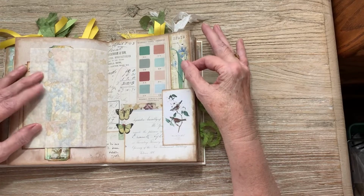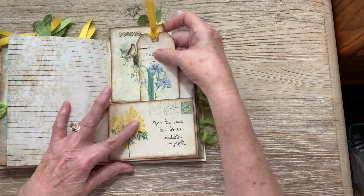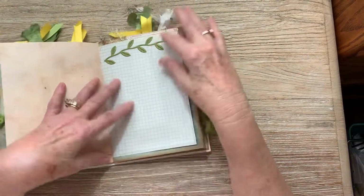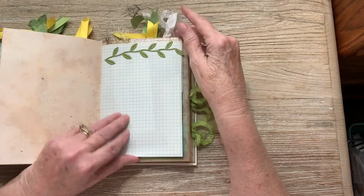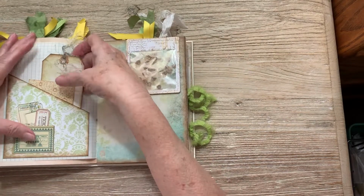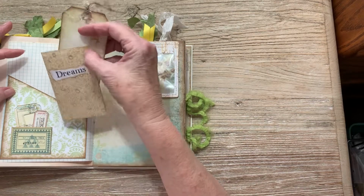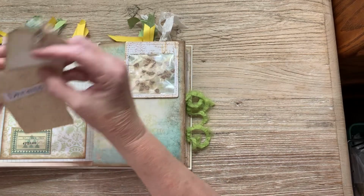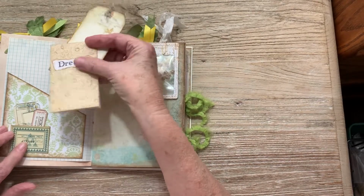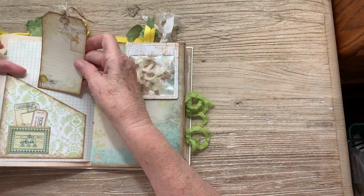And coffee dyed tracing paper, a postcard, a tag, a journaling card, and this is graph paper, and I put the vine on it. And this is that green paper again with a couple of little tickets and a little, these are just all little things. This had a lot of accessories in it, this kit did. And a nice